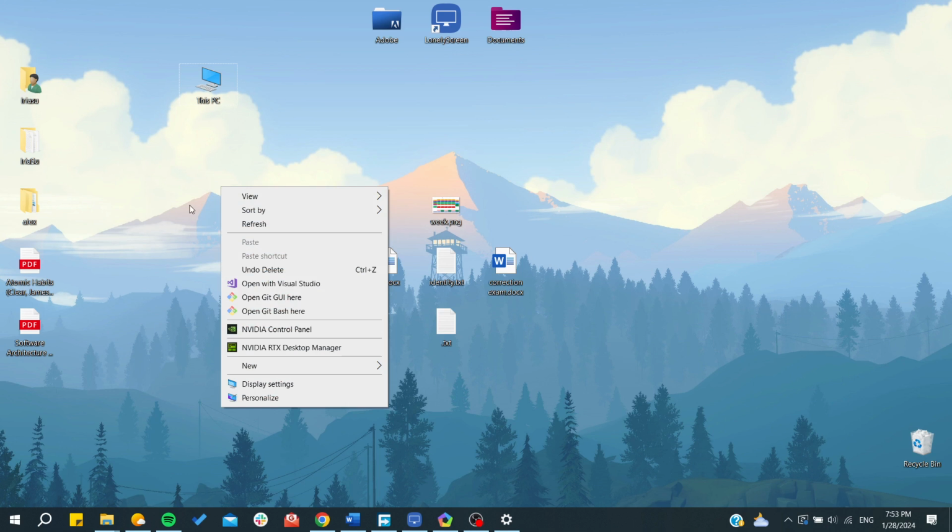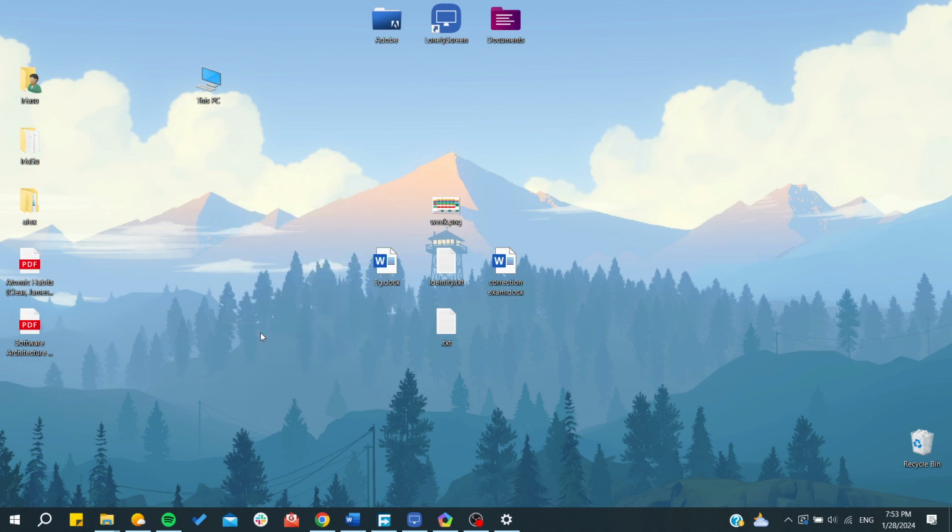Otherwise, to see the specs concerning your GPU, you just need to right click on the desktop and go to whichever control panel you have. In my case, I have an NVIDIA GPU, so I have an NVIDIA control panel. If you have AMD, you will have something similar to this. If you have Intel Iris or anything else, you can find it in the specs with this PC, or there is an Intel control panel too. So we go to NVIDIA here,